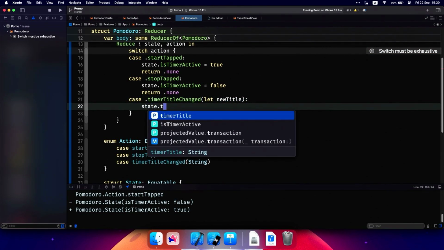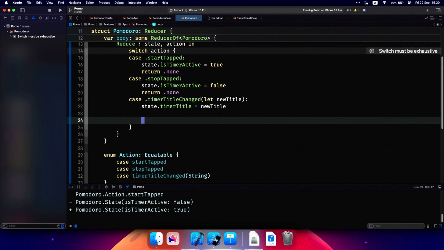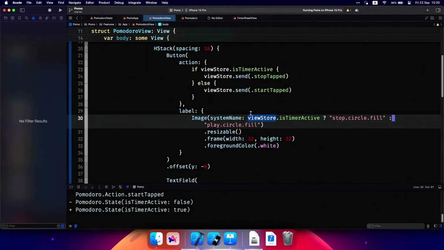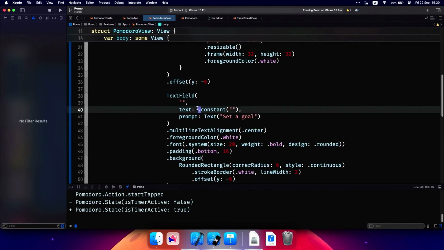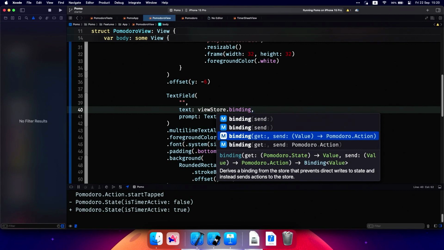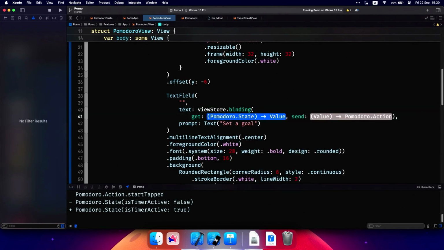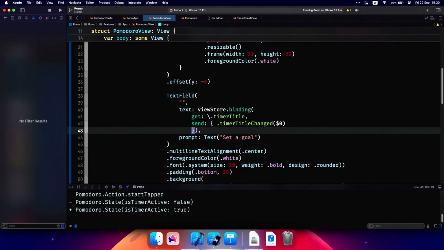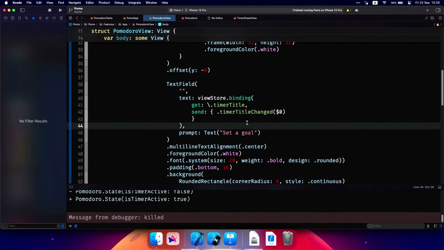And I'm going to set my timer title to this new title and return none here as well. And now in my Pomo view, where I just have a constant binding, I can ask the view store to give me a binding, and I can have this get and send variation that takes a state. And I can just get my title, and when it changes, I will send my timer title changed with the new value. And now when I run it,